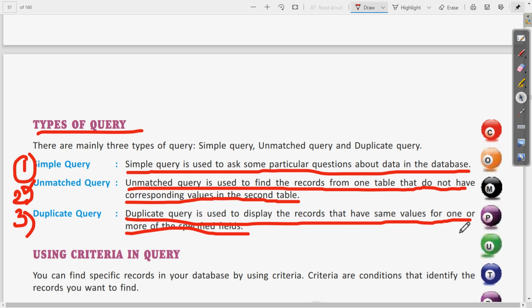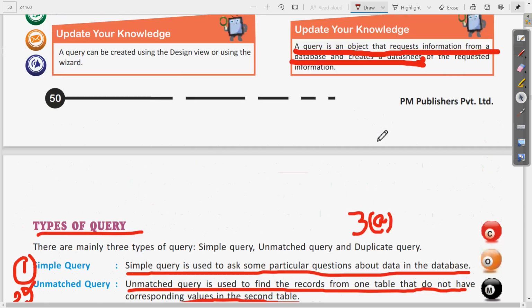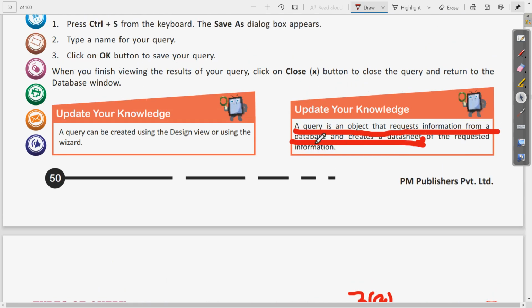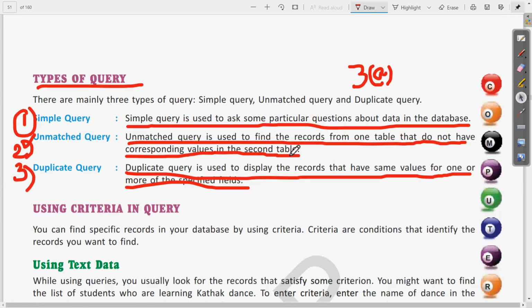This was the second part of the answer, so this answer is of third A. In the beginning we have seen the definition of the query on page number 48. Then one more line, that a query is an object that requests information from a database and creates a data sheet. Then the types of query. Clear? This way the answer is completed in two parts.